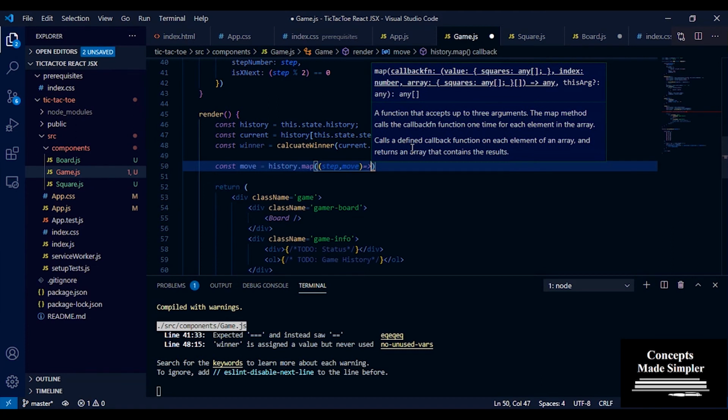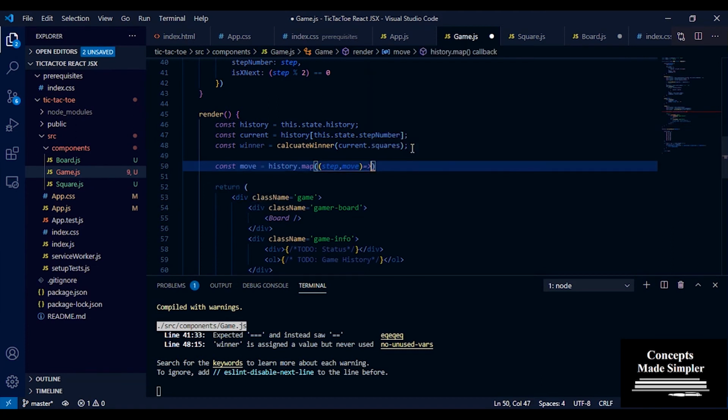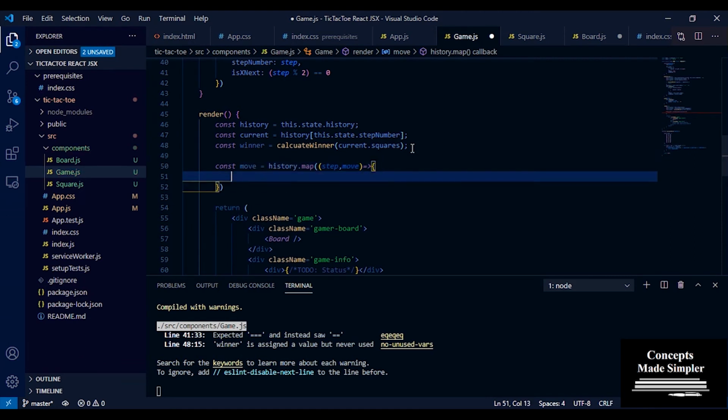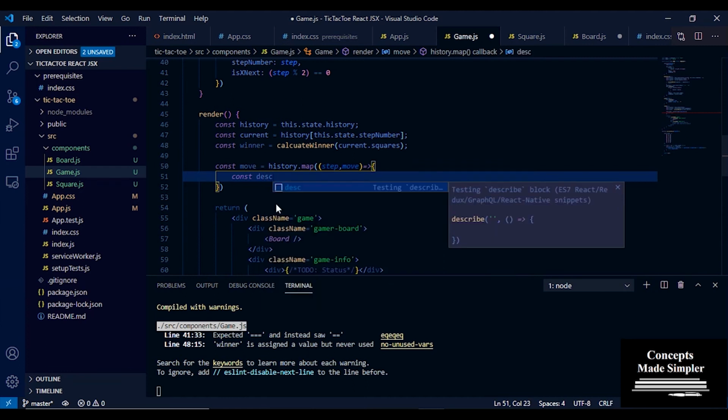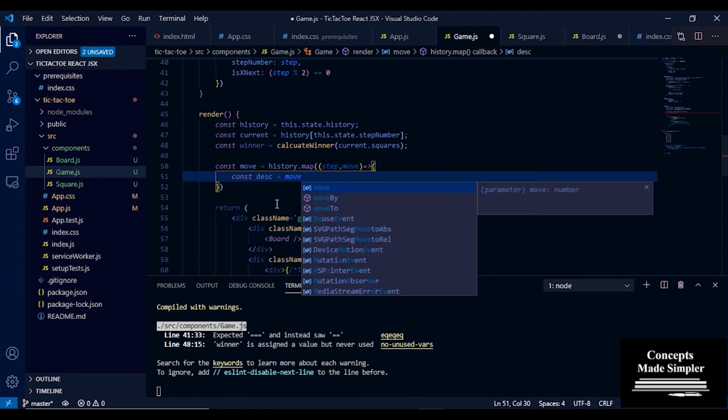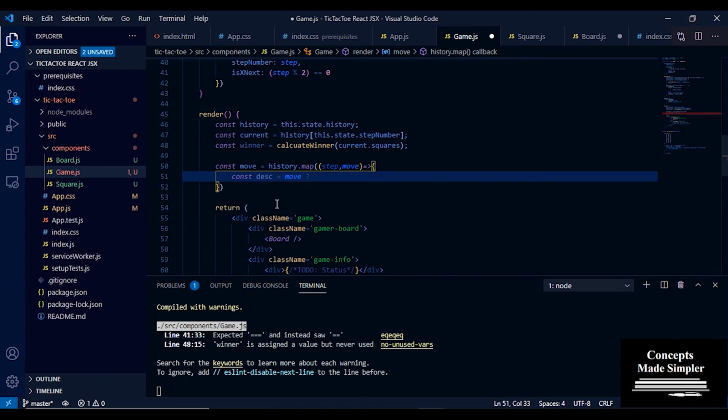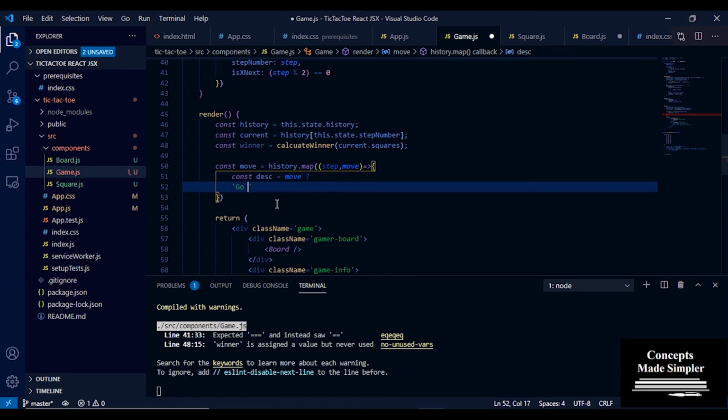Each time we get this, we're going to make a variable called const desc. So desc equals, if move is true, that is it has a value, then we return 'Go to move number' plus the move number, else we return 'Go to game start'.